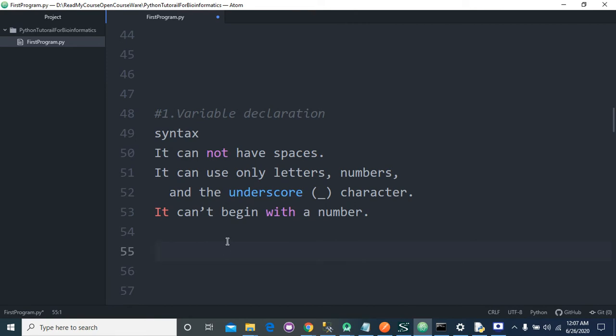Means we cannot use special characters in the variable declaration. Declaring a variable like time at the rate will be invalid. No special characters are allowed.